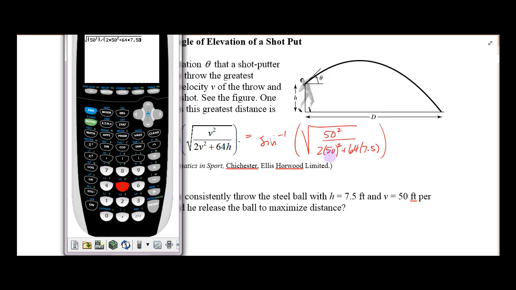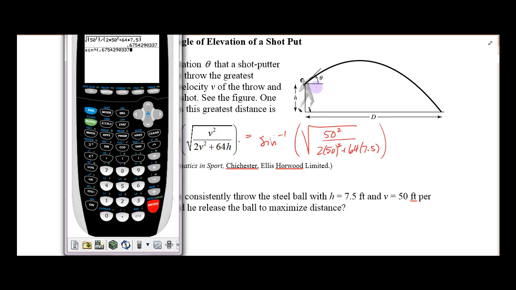Now the calculator knows the order of operations. It knows to do the exponents and then the multiplication before we do the addition, so I don't have to worry about too much down there. I'm just going to close the denominator's parentheses and ask the calculator to find the square root of that, and it's 0.675. Then we're going to take the inverse sine of what I just calculated,